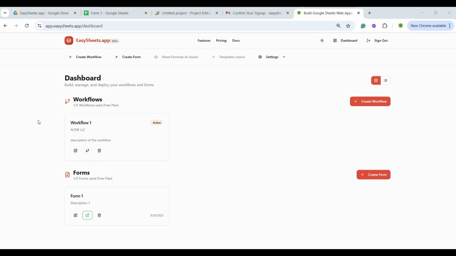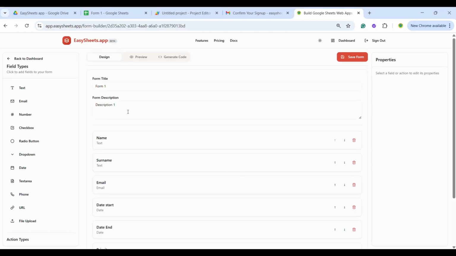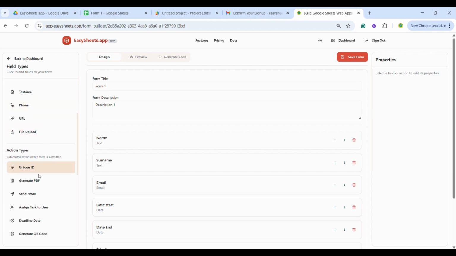How to create a unique ID in Form Designer. I will use the existing form that I built in the previous video. Under Action Types, you can find Unique ID, where you can click and it will update the action properties in